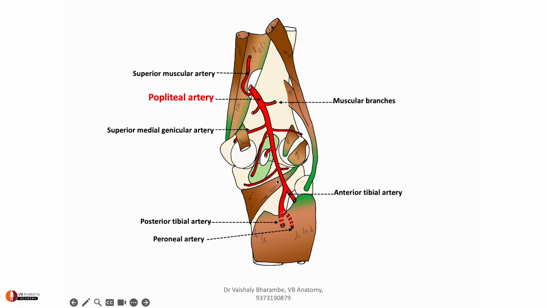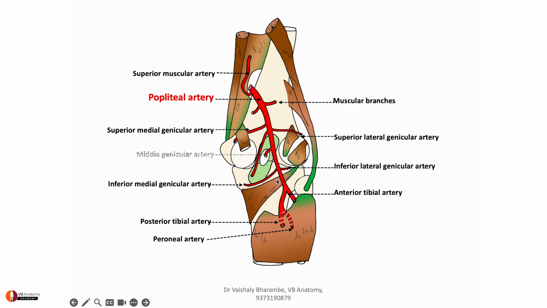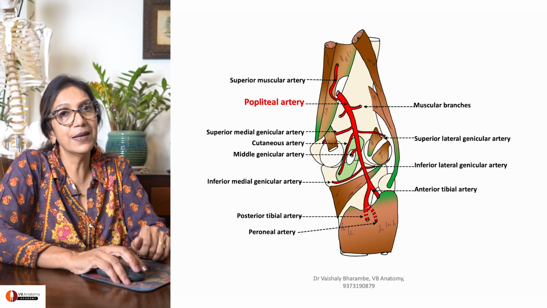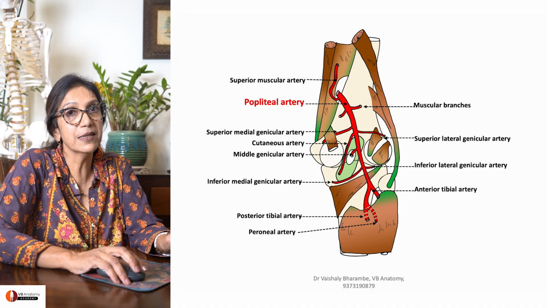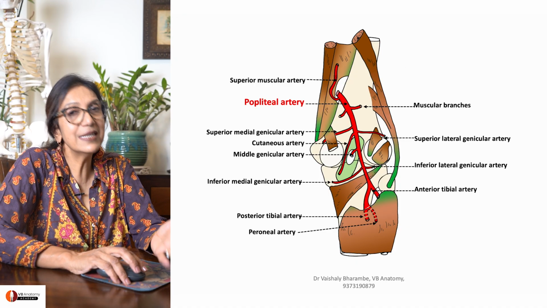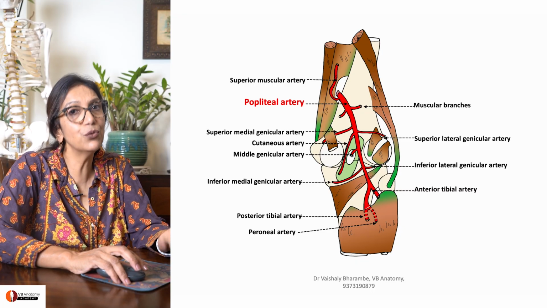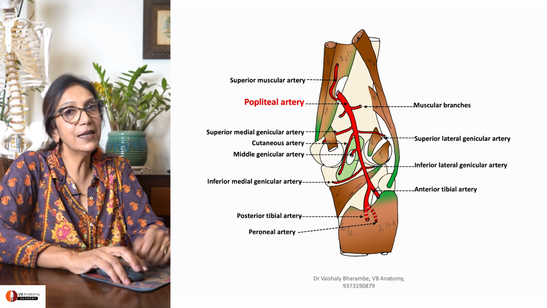Now let's talk about superior medial, inferior medial, superior lateral, inferior lateral, and middle genicular arteries. These are branches of popliteal artery which form the anastomosis at the knee joint. This is important, you should know about this. It also gives rise to cutaneous branches. So these are branches of popliteal artery. Unless you draw the diagram, highly unlikely that you're going to remember this. So please draw it. And yes, there is a video already released on how to draw popliteal fossa. You will find this there as well.